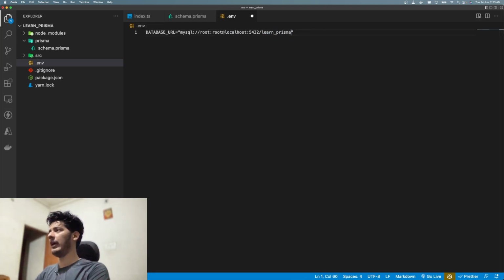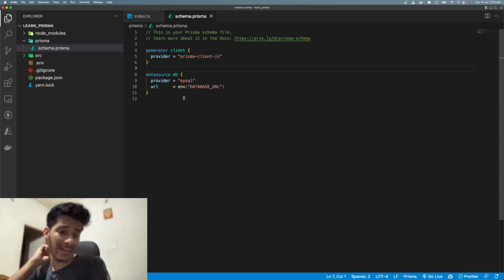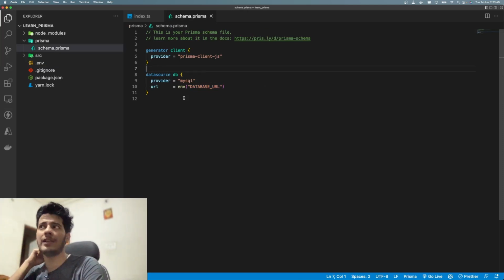All right, and yeah, that's pretty much it. So now this would be able to actually connect with your database. Once we have done that, what we'll do is start making our models. Now if you don't know what a model is, models are actually in